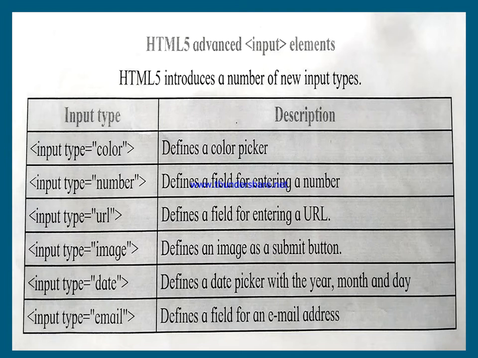Henceforward, input type equal to date. So what is the meaning of input type equal to date? It defines a date picker with the year, month and day. In the 11th standard, we went through the concept of drop down list. We created 3 separate drop down lists for day, month and year. Now in the 12th standard, there is a ready-made element of a form named date, and by using this date you can directly accept the values in the form of year, month and day. So no need to type separately in 3 separate boxes. Within one box you can enter your whole date.